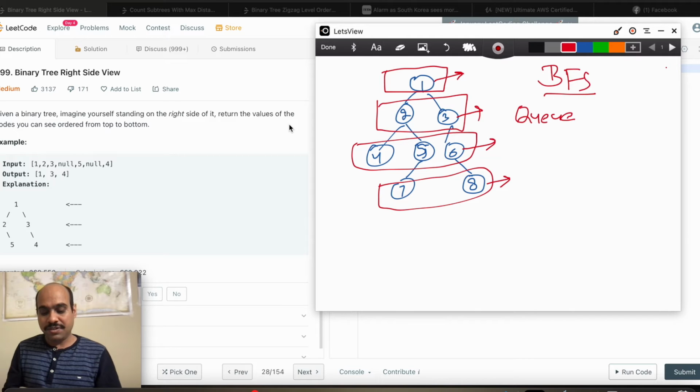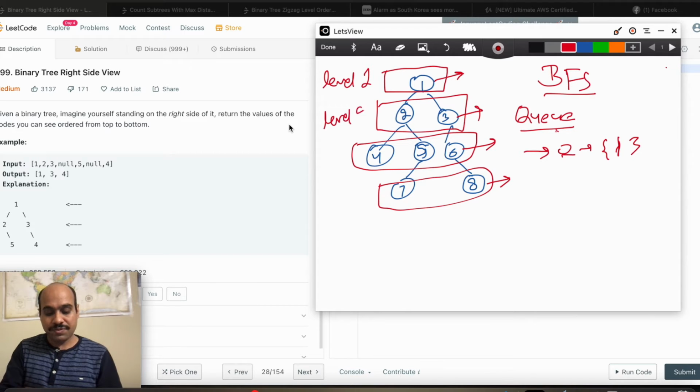First thing, you have to use the queue. And what will this queue be used for? This queue will store the values level by level. So during the first iteration, this queue will have value 1. If you see at level 1, we have value 1, so this queue will contain 1. And once this iteration is done and we move to level 2, this queue will contain 2 and 3. So this is the use of the queue.